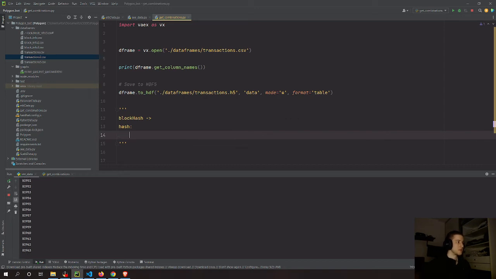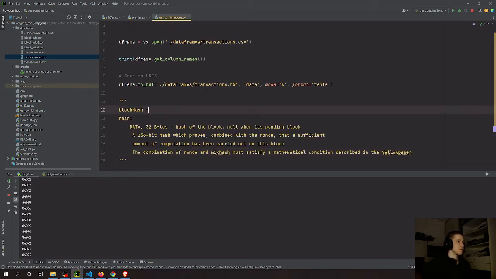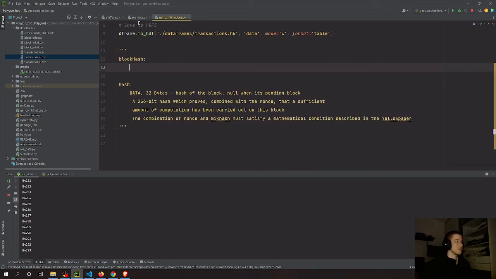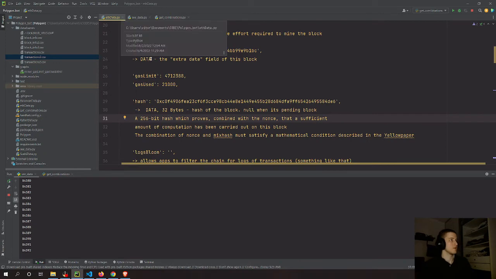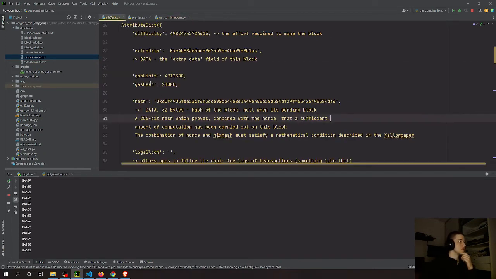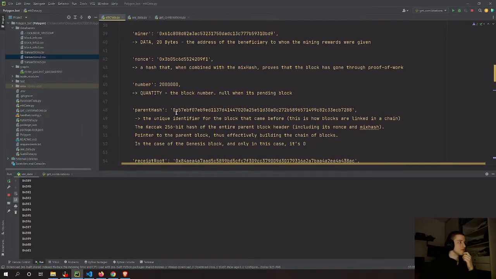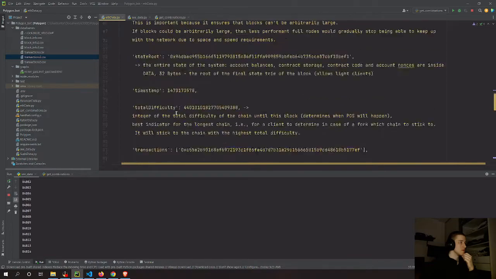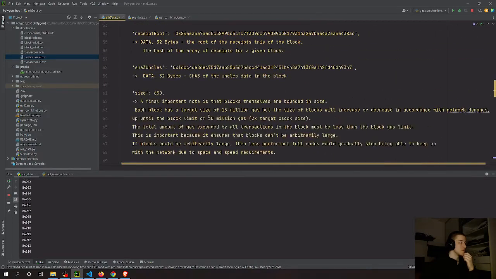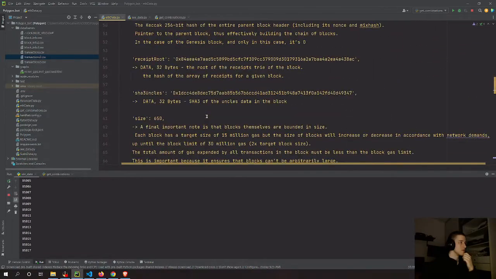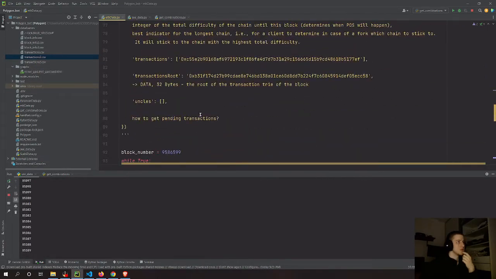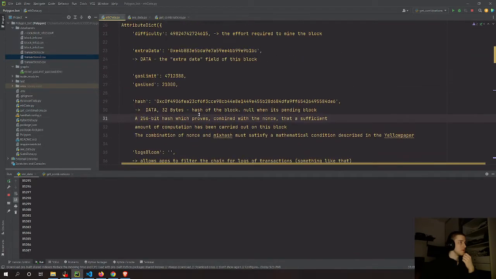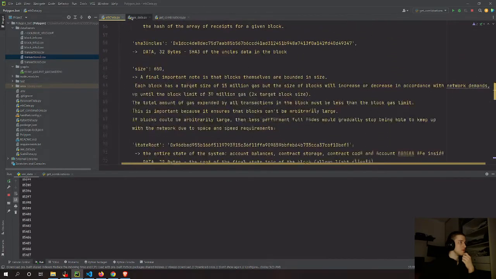It's probably easier to understand. What's the difference between hash and block hash? And maybe